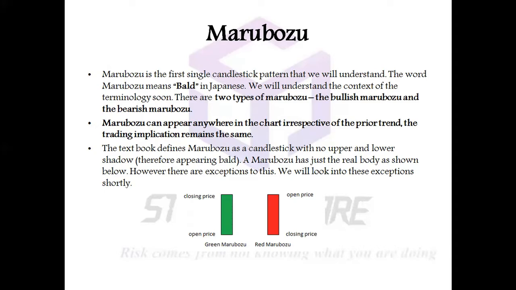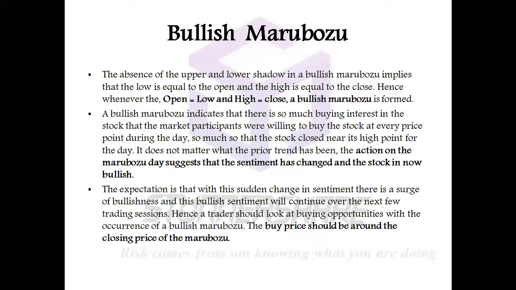So what does a Marubozu candle tell? A Marubozu candle does not have a wick, so that tells that the candle is strong. That candle is not weak at all. It also tells that there is only one type of player over there, either buyers or sellers. A green candle tells you that it has completely buyers, and a red candle tells that it has completely sellers.